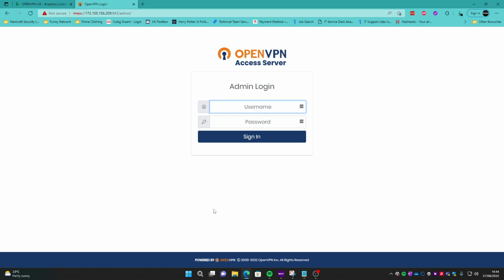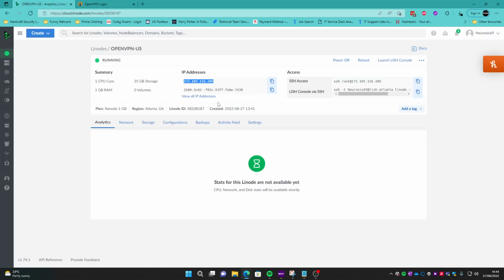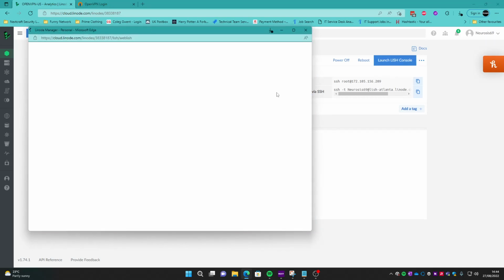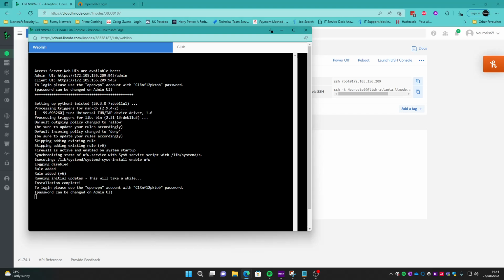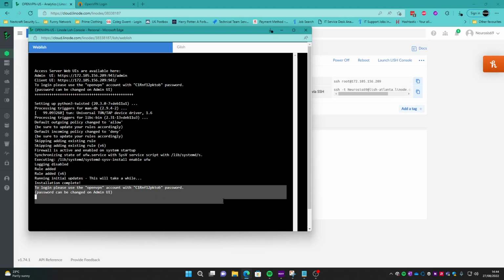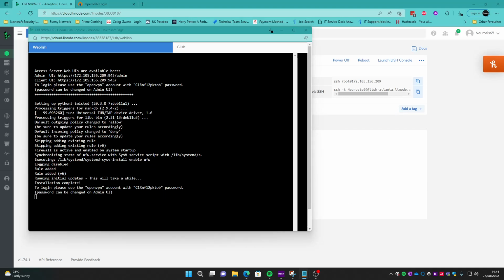So what we need to do now is get the admin password for the openVPN. In the previous versions you would actually create the VPN password within the setup here, but they've changed that now. So what you have to do is launch the console, and that will actually launch into the server itself. As you can see, it actually has a login here. So I will write down this password,